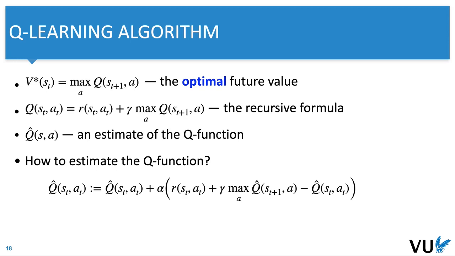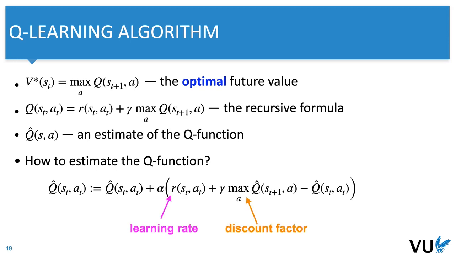We have this maximum over all actions for the current estimate of Q in the given state. Sorry, not given action, because we maximize over all actions. Then we have minus the old value,